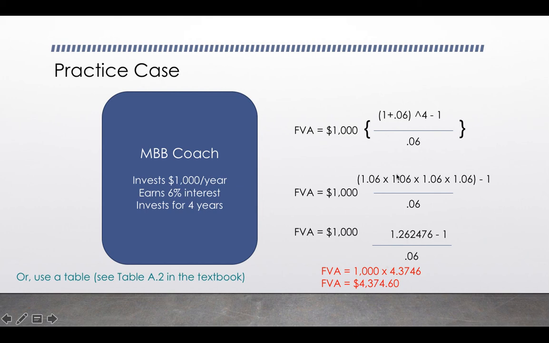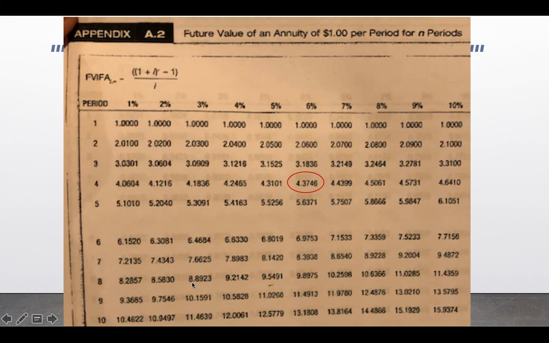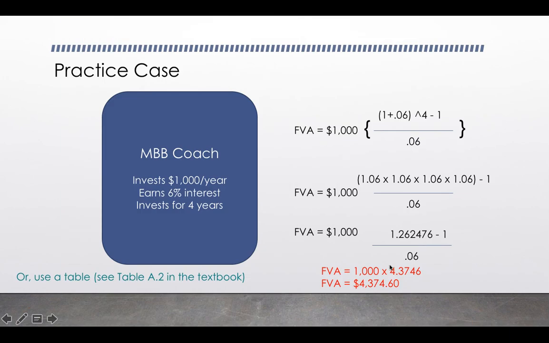So again, this is quite a few steps here, right, to get to our multiplier. Or we could use one of our tables. So in this case, since we're calculating future value of an annuity, we want to look at table A2 in the textbook. Okay, so if we go to table A2, and I apologize, it's kind of blurry here on my screen, in the back of your book, in this case, again, we're talking about a 6% interest rate, right? And it was a 4-year investment. So if we go down here to the 4-year column, it gives us a multiplier of 4.3746. Looks familiar, huh? So we can get that multiplier in a much quicker fashion than running this full formula,